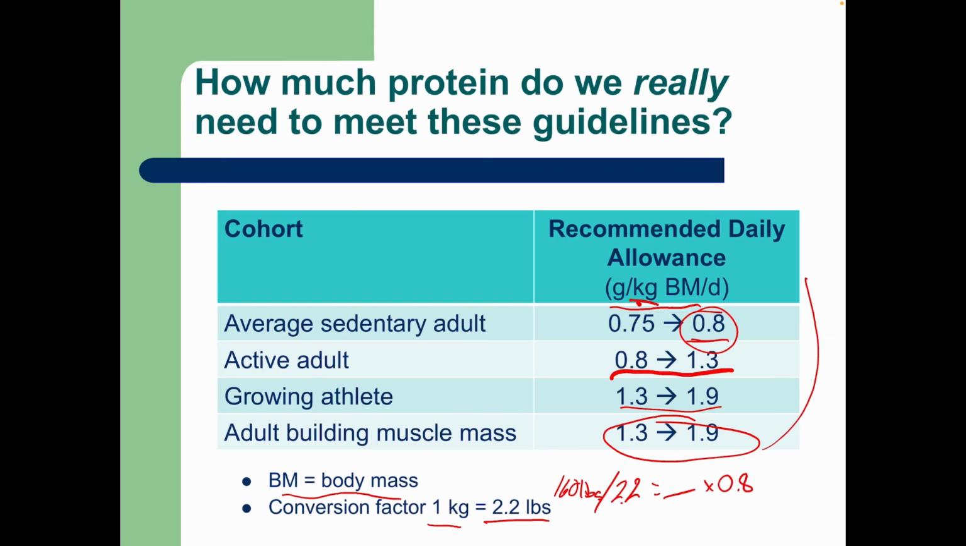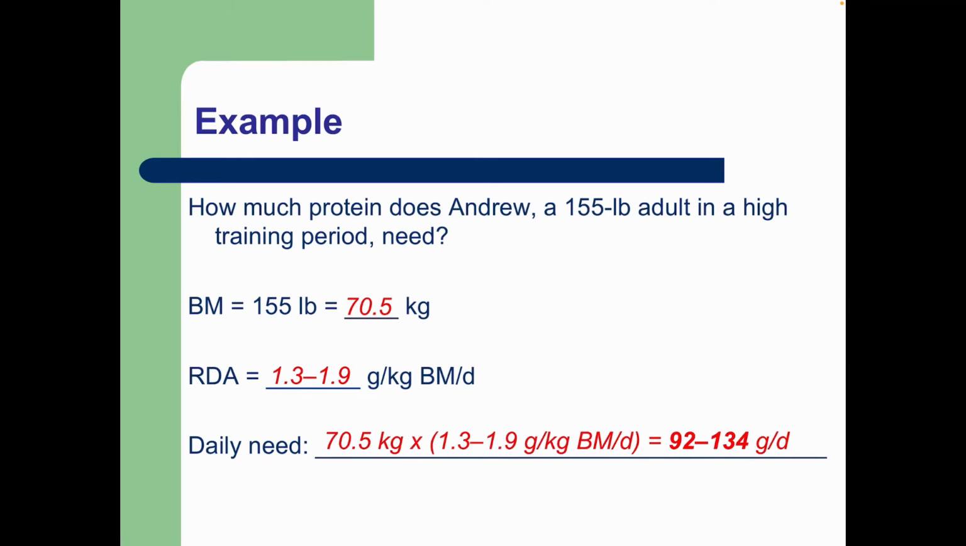So again, here we had the RDA. This is where we get that RDA, as we'll see here. How much protein does Andrew, a 155-pound adult, need in a high training period? Again, we get our kilograms and our grams per kilogram. So we do that 75.5 times